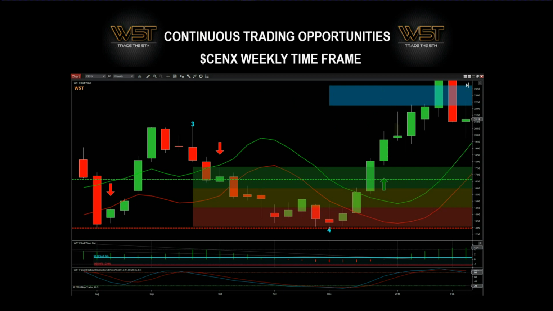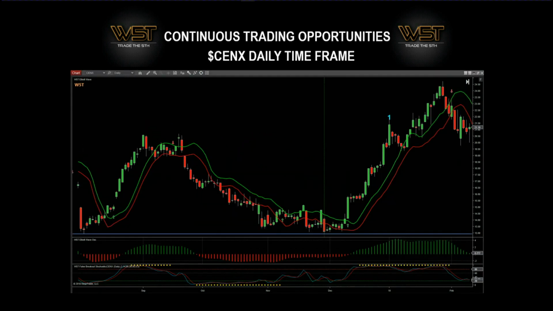So again, just highlighting this doji. When we go through to the next time frame on the daily, you will see what that weekly tombstone doji looks like in the yellow box. So the same tombstone doji in a week looks like this. Okay, so note the false breakout stochastic here at the top, denoting a really strong bullish move on the daily time frame. We have pulled back during that week against it, okay, but it shows signs of exhaustion at the end there,